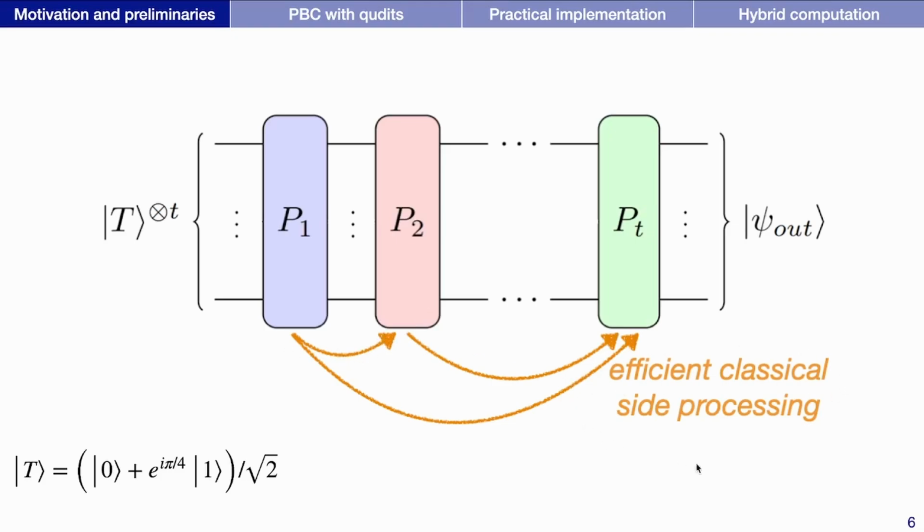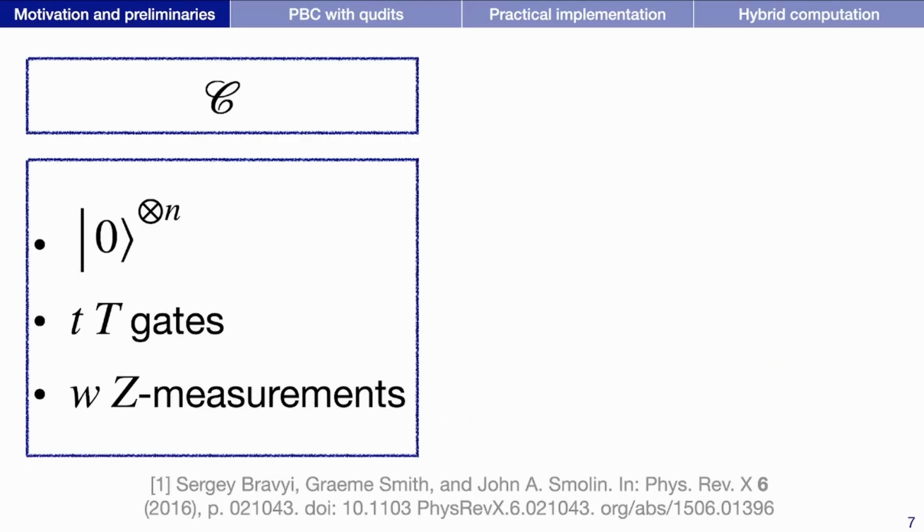So this is why you see here this efficient classical side processing that is necessary to happen during the computation, which comes from the need to decide what the second Pauli measurement is going to be based on the outcome of the first, what the third Pauli measurement is going to be based on the outcome of the other two, and so on. So this is how a Pauli-based computation looks, and in 2016, Bravyi, Smith, and Smolin showed that